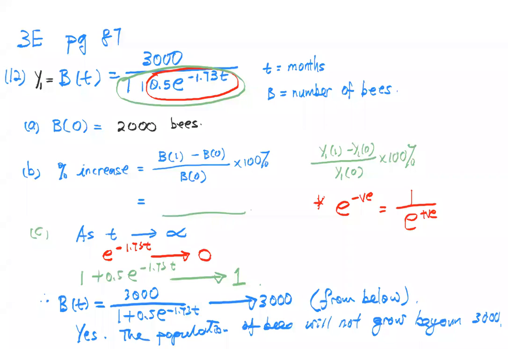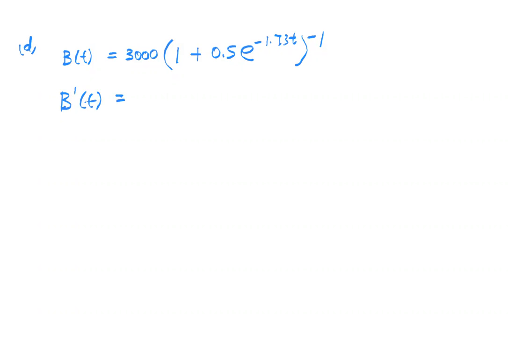Okay, now let's go to part D. Find B prime t. That means you have no choice but to use calculus. So this is called a logistic function. So 3,000. So I bring the whole thing at the bottom up. So I'm using chain rule to find the derivative for this. So B prime t is equal to 3,000, multiply by the power, copy down the whole thing,